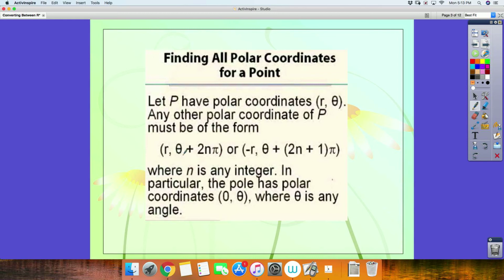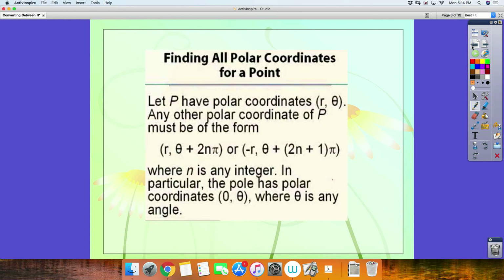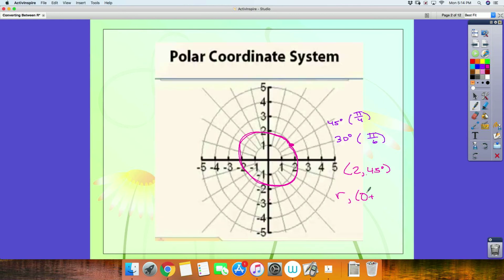So what this formula here says is that we could have our radius, and then it could be theta plus 2 pi, and remember 2 pi is an entire rotation, times n, where n is any integer. So if I rewrite that over here, r, theta plus 2n pi,